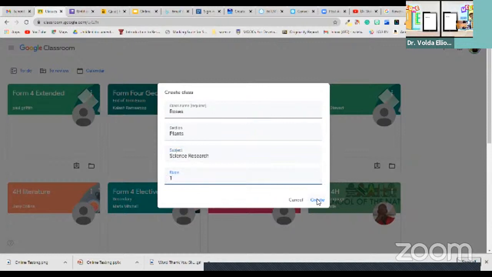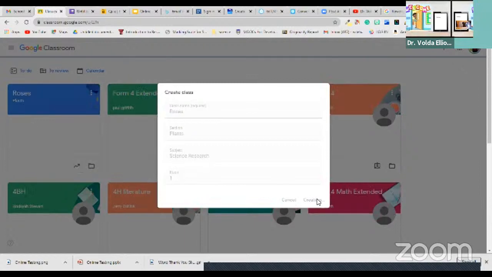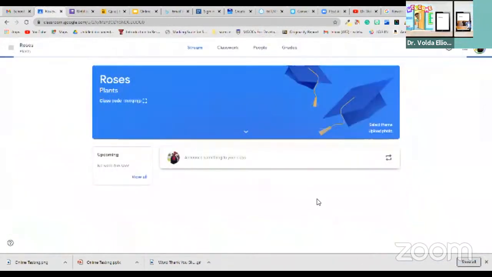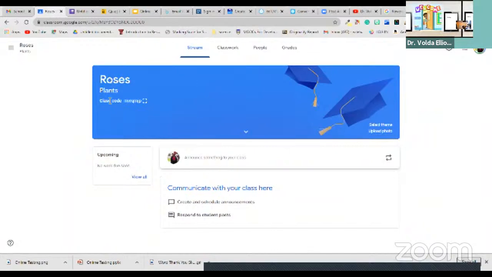And I hit create. Oh, shucks. Sorry. All right. So for the purpose of this activity, I quickly give it a name, Plants, and this is